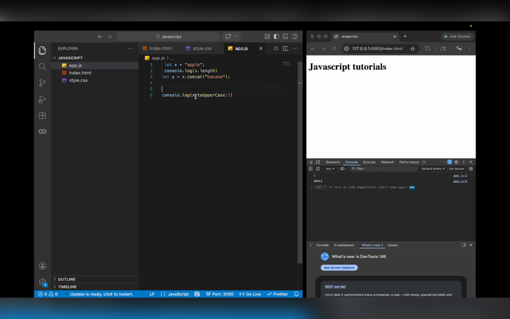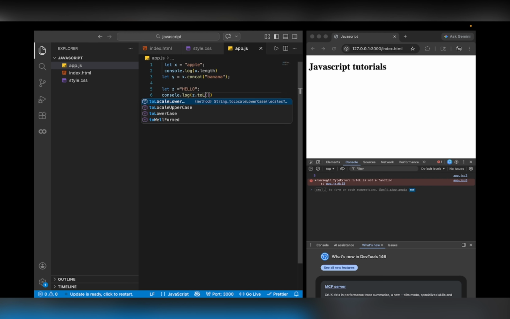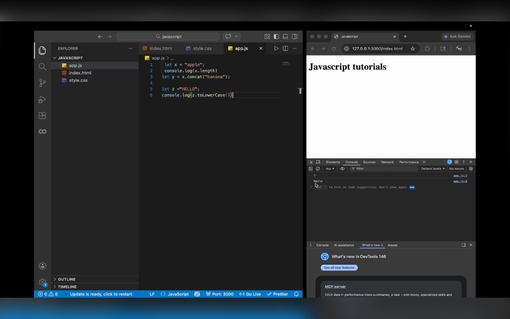सिमिलरली अगर let z equal to हेलो, अगर हमें इसे सब को लोअर केस में कन्वर्ट करना है, तो सिंपली वी कैन यूज जेड डॉट टू लोअर केस। यहाँ पे आप देख सकते हो सारे कैरेक्टर्स लोअर केस में कन्वर्ट हो चुके हैं।